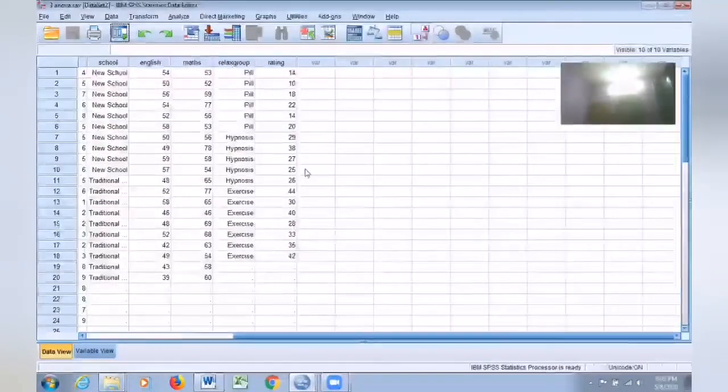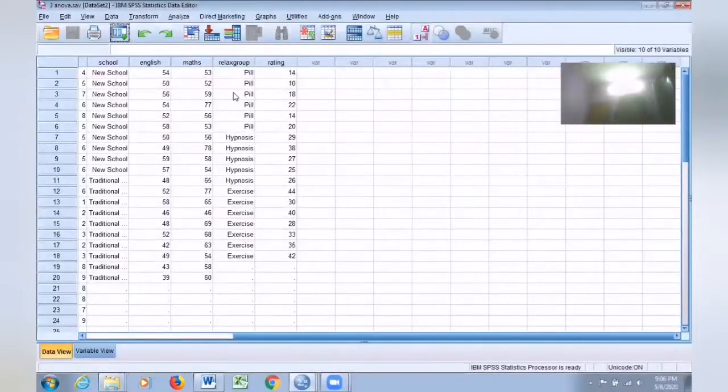I told you, whenever your independent variable has only 2 levels, go for an independent sample test. When your independent variable has more than 2 levels, you have to go for one-way ANOVA, two-way ANOVA, you have to go for ANOVA. Here, there are 3 groups of respondents. We have divided the respondents into 3 groups. All 3 groups want to relax. But we have given them 3 different techniques of relaxing.